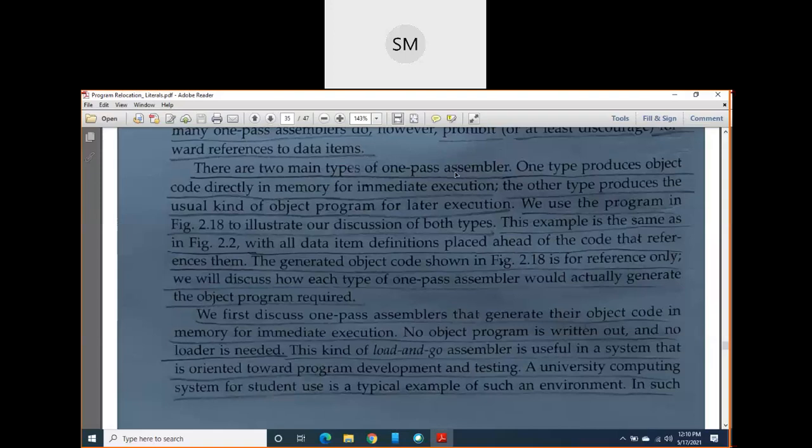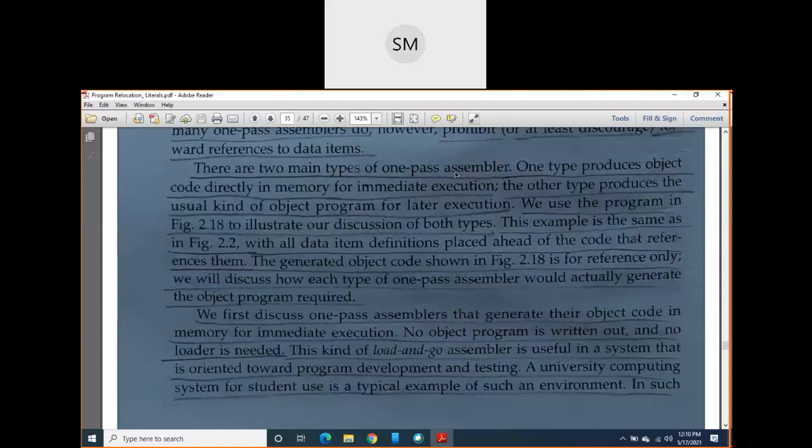But now I am going to discuss one special type of assembler which will use only one pass. This one pass assembler also translates source program into object program, but it is not going to store that object program in secondary memory. Directly it will store it in memory.